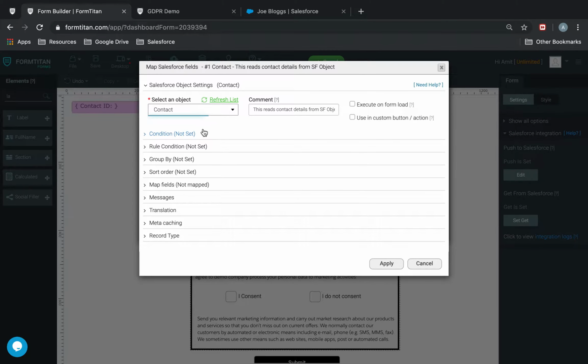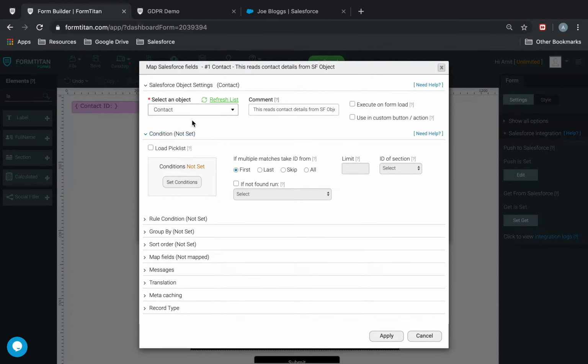Back here, for this video, that's all I wanted to cover: how to select your object, how to add a comment. When you are using a URL parameter, you don't need to worry about execute on form load because it's going to execute when the URL is executed anyway. You don't need to worry about using custom button / action. I have separate videos for those in this course that you can follow and learn what each of these do. But for now, we will ignore these two